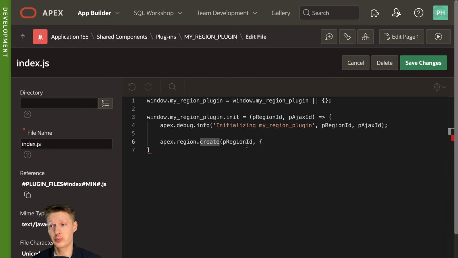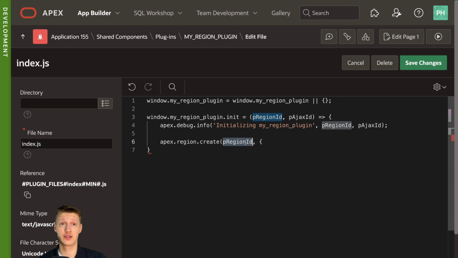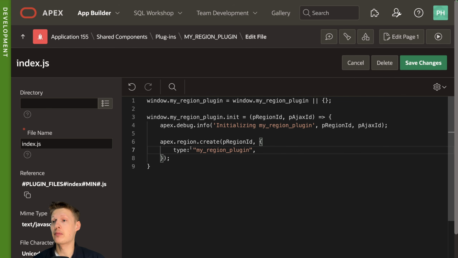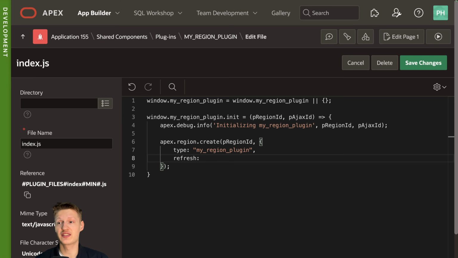So we pass our region ID, so Apex knows, okay, if you call refresh on this region, please use these handlers we're going to specify here. So this is again an object, and in this object we first have to tell it what's the type of my plugin. I just use my identifier, and then we can say what we are doing on a refresh call. So exactly what we're doing with the dynamic action,